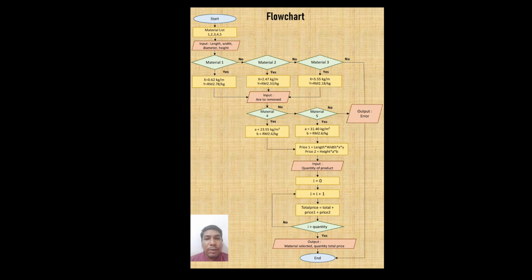For the flowchart, we begin with start, then we state 5 lists of material, then input length, width, diameter, and height. Then we can either choose material 1, 2, or 3. If we choose material 1,